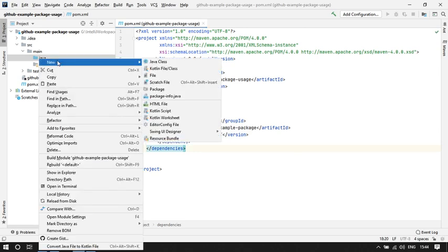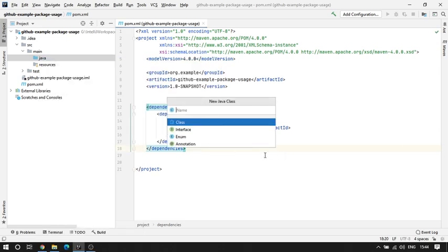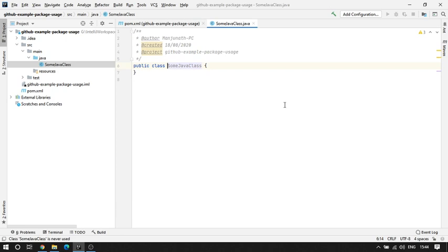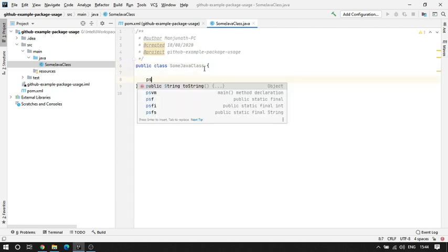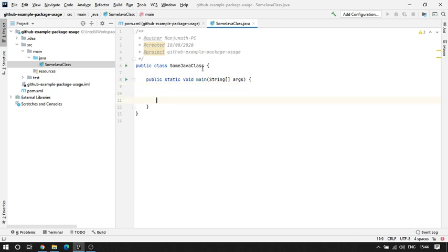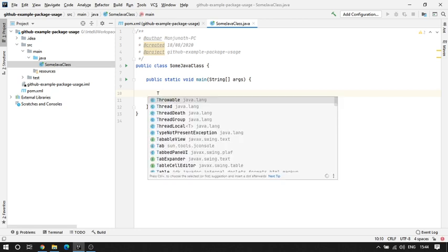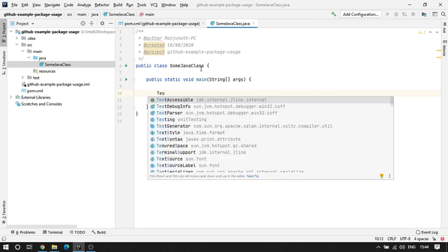So what I'll do is I'll create a new Java class, some Java class. Okay, so now public static void main. Now let us use the code that we have written in the jar file, in that older package which we deployed, right? The same thing. So unit testing, you can see this, right?